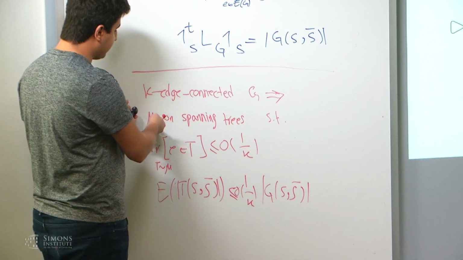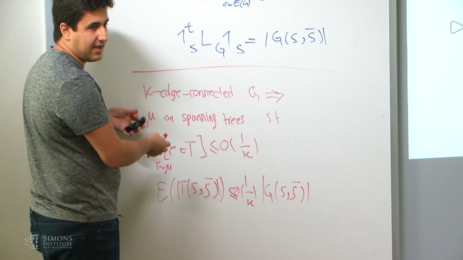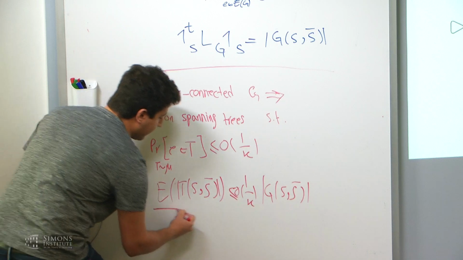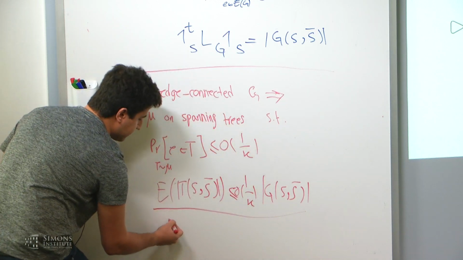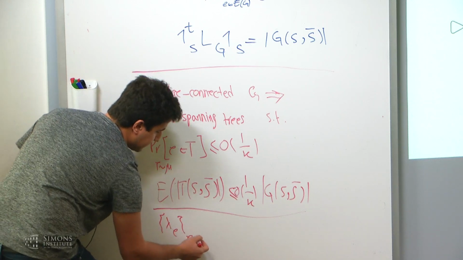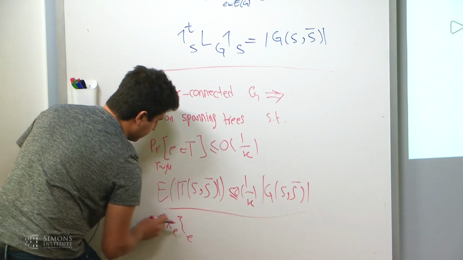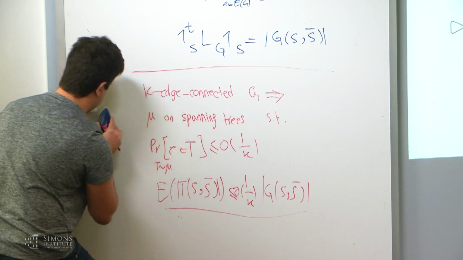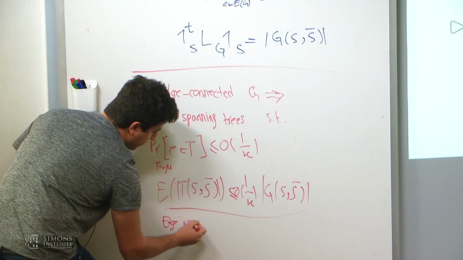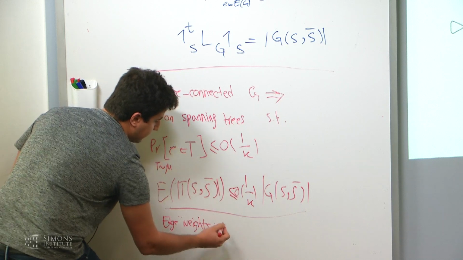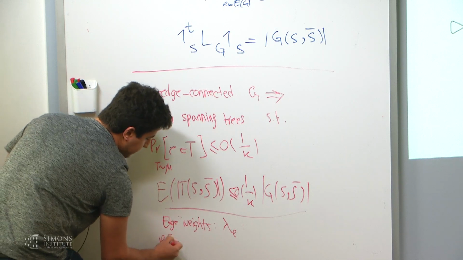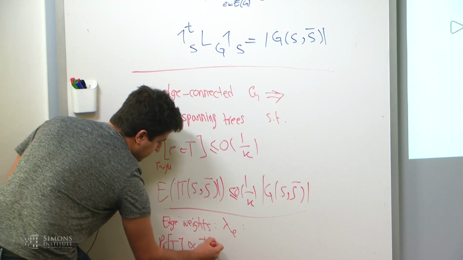So it turns out that you have to work with special distributions, because you can't hope for concentration on every distribution. So there exists a very special kind of distribution. There always exists a collection of edge weights lambda_e such that if you select the tree with probability proportional to the product of lambda_e's,